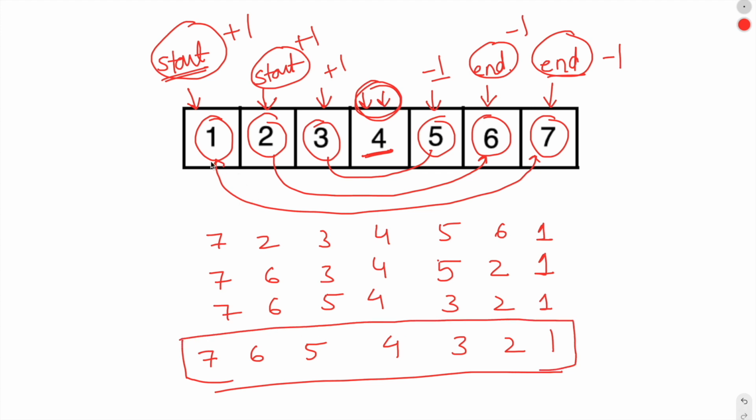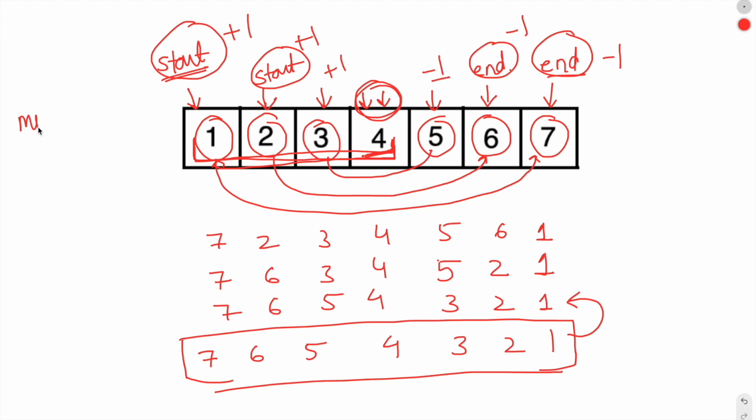So if you watch closely, how many swaps have we done? We have swapped only half of the array. We have swapped the elements from 0 to the middle of the array. If we go and increment the value of start by 1 and decrease the value of end by 1, this array is again going to go back to this state. So we need to do the swapping of elements from 0 index to the mid.